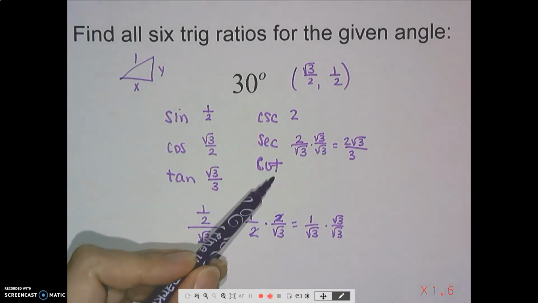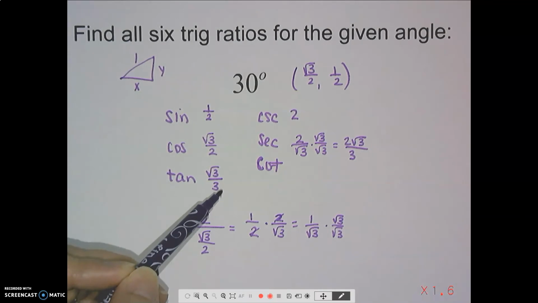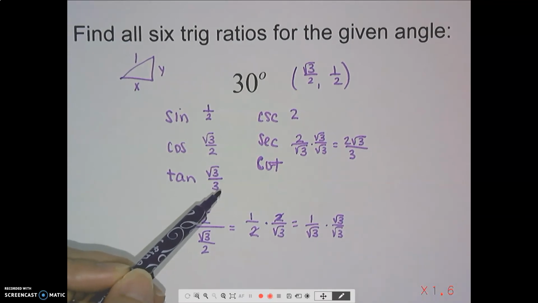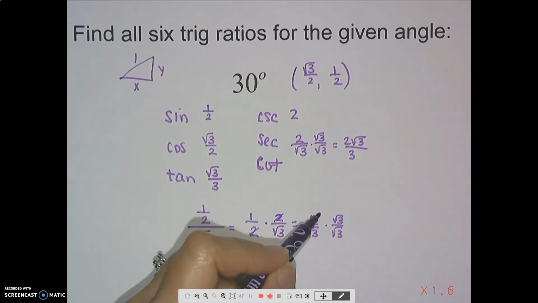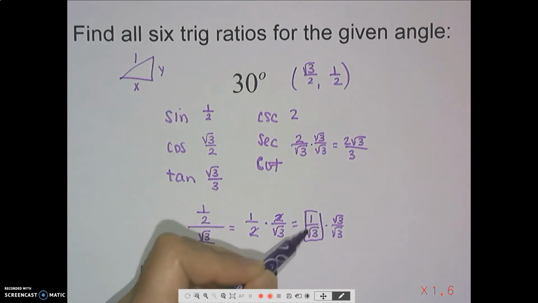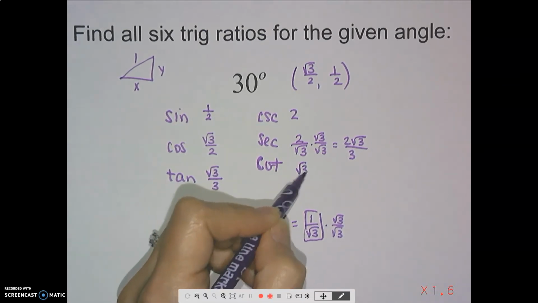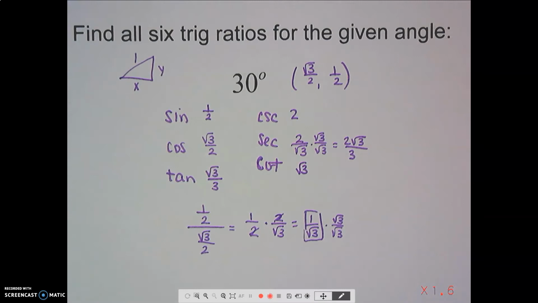Now, cotangent, there's kind of two ways that you can do that. We can take this and flip it, but that means I'm going to have a radical in the denominator, which I'm going to have to rationalize. Not terrible to do, but I'm actually going to go back here to this. If I take 1 divided by radical 3 and I flip that, I'm automatically just going to get radical 3. You can put it over 1 if you wanted, but then you just have your answer instead of having to rationalize and simplify along the way. All right, so let's take a look at